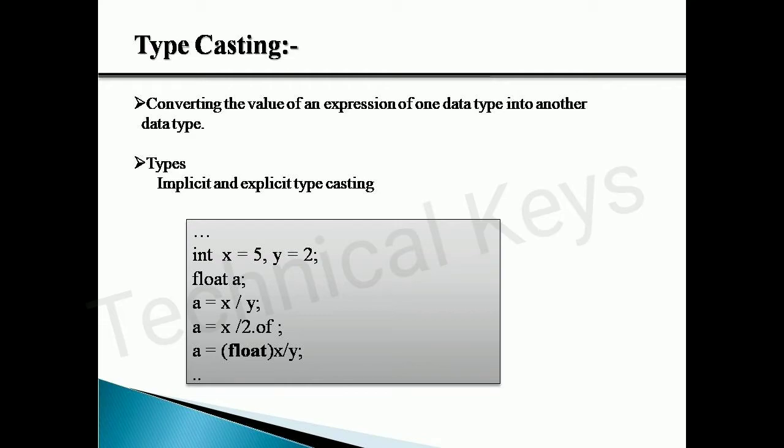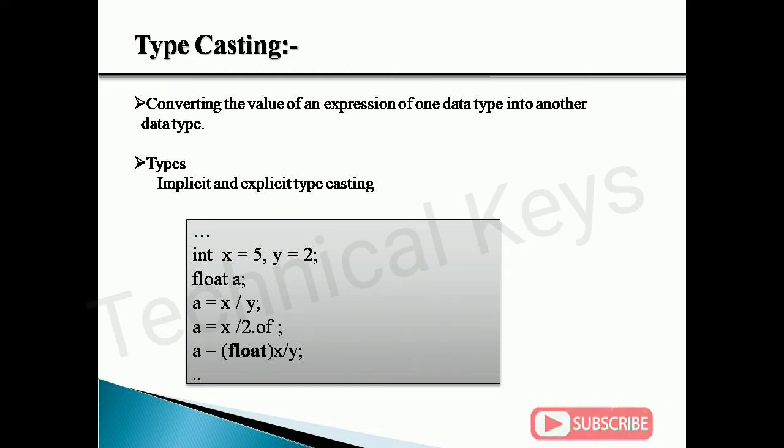There are certain applications. The best example is the calculation of your percentage, where you need to perform a division. You have to add up the marks of all subjects and then perform the division. Otherwise you will not get the part after the decimal point. So for this, we tell the compiler that for a temporary purpose, I am going to convert my data type into another data type. And this concept is called typecasting.